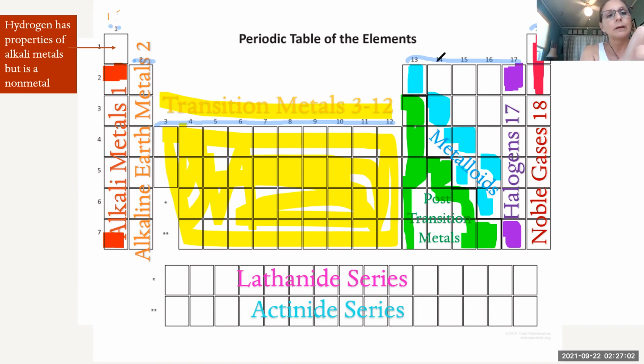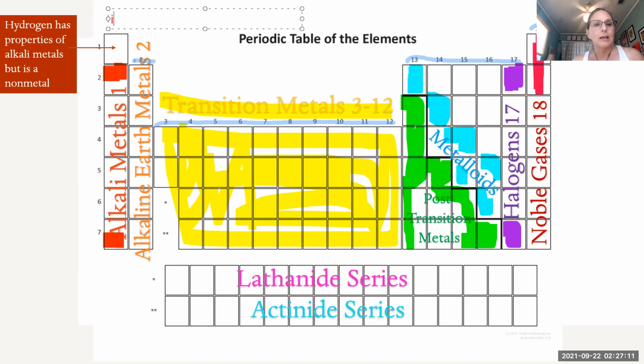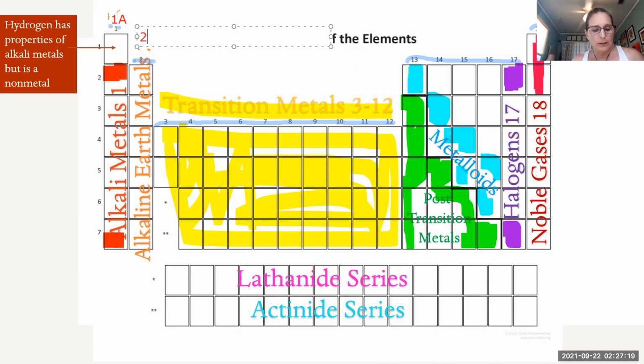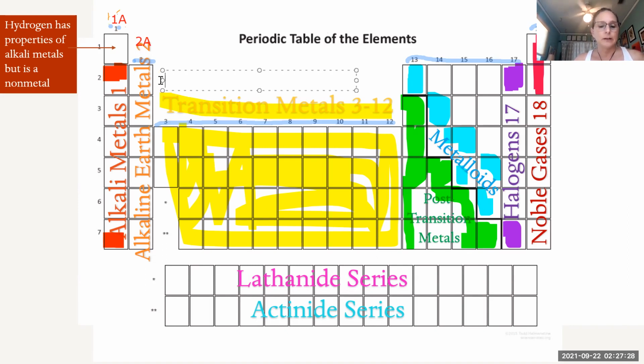This might be 1. Let's try typing it then. Let's see if we can type it there. 1, that's 1A. So that one's 1A, okay? And we call this one 2A, okay? And then these ones here, these are group B,